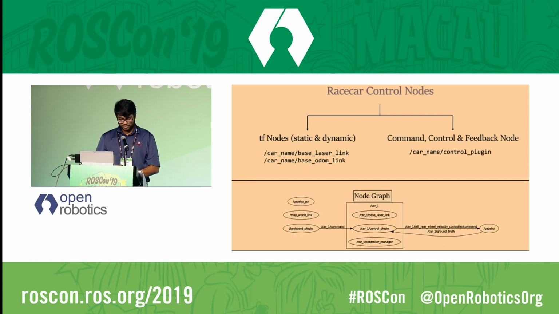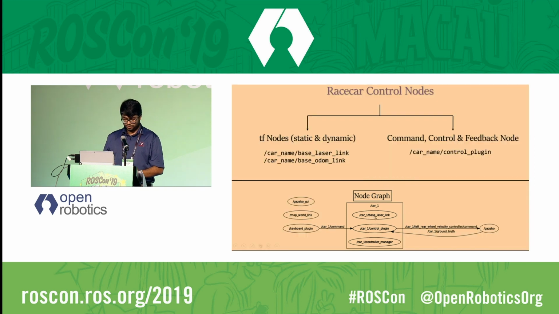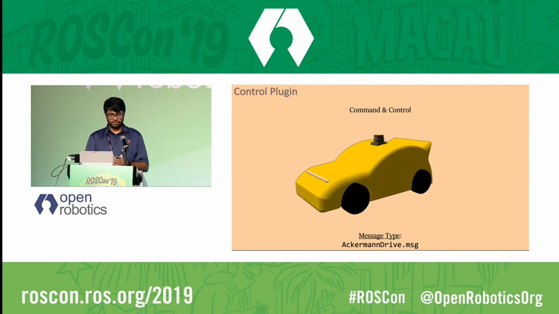Here is the node graph showing a teleoperation of a single race car. The control plugin is at the center of nodes between the control and the simulation in Gazebo. Some more information about the command part of the control plugin. The controller accepts command in the message type called Ackermann drive. If your navigation stack outputs a traditional command velocity twist type message, the F110 simulator contains a node to translate